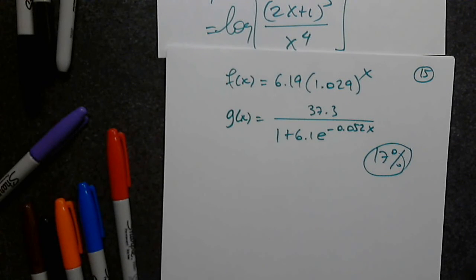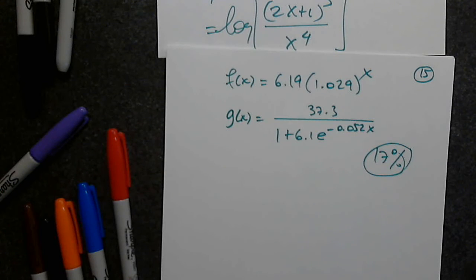So what are we doing then? I see you're already doing it. You're way ahead of me. What are you doing? 30, right? Right. So 6.19 and 1.029 to the x power